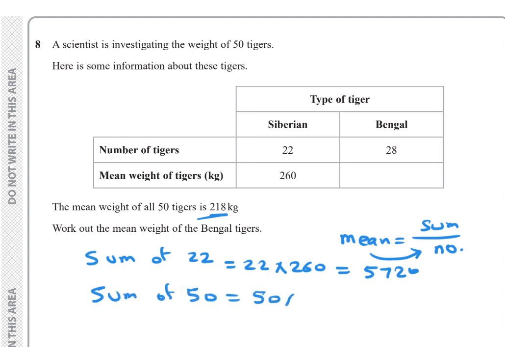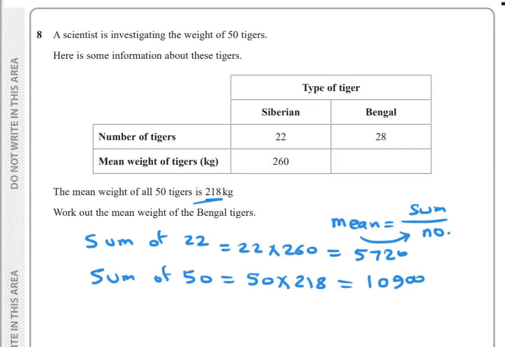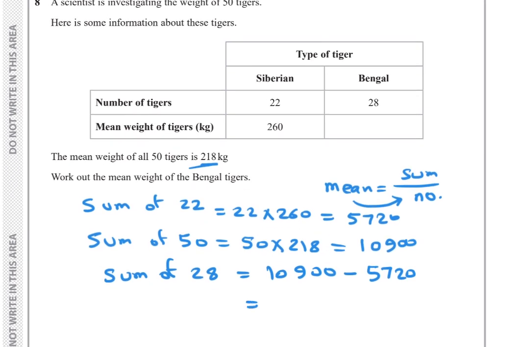Multiply 50 by their mean, which is 218, equals 10,900. Now if we subtract, we can get the sum of 28 Bengal tigers. So the sum of the 28 equals 10,900 minus 5,720 equals